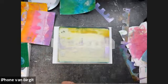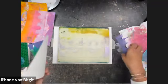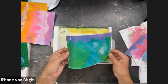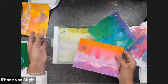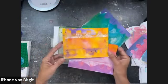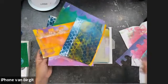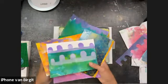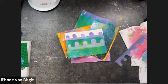Okay, so I made a couple of prints now, and I could do this for hours. I could sit a whole afternoon or a whole evening and create a ton of these prints, and then turn them into little books. But I don't have that much time today. So if I want to show you how to create the book, I really have to get on it. So I'm just putting aside